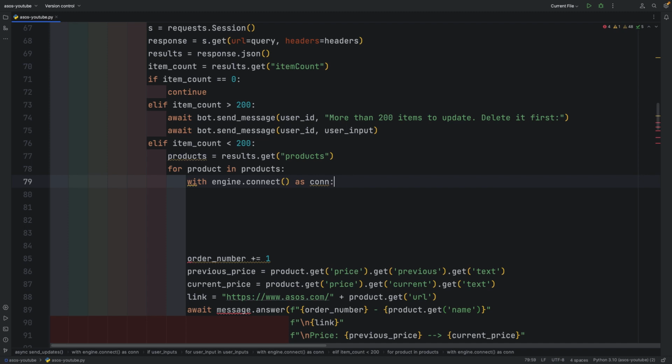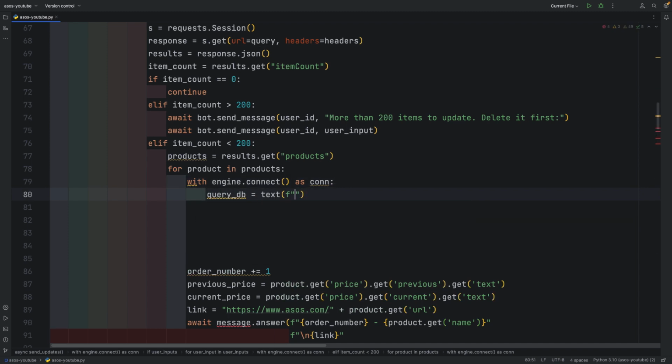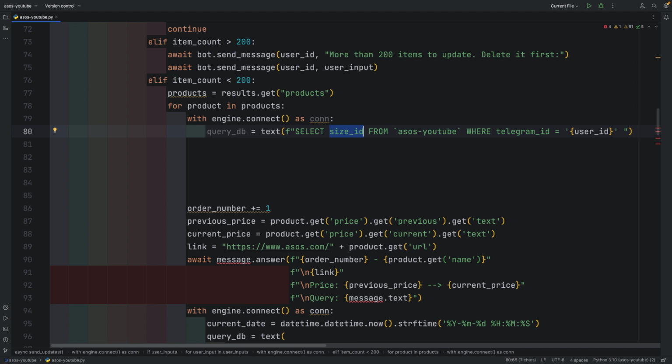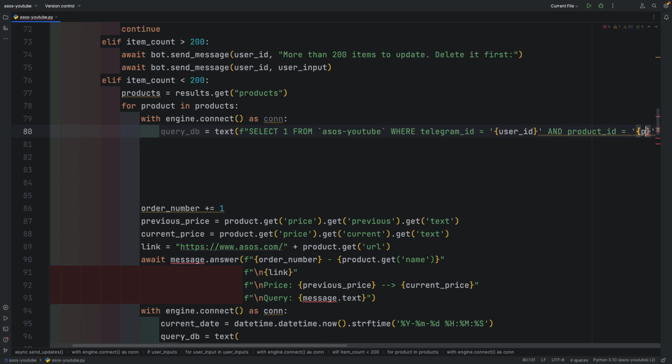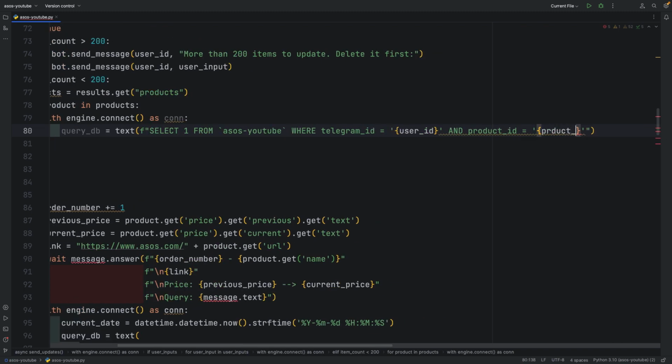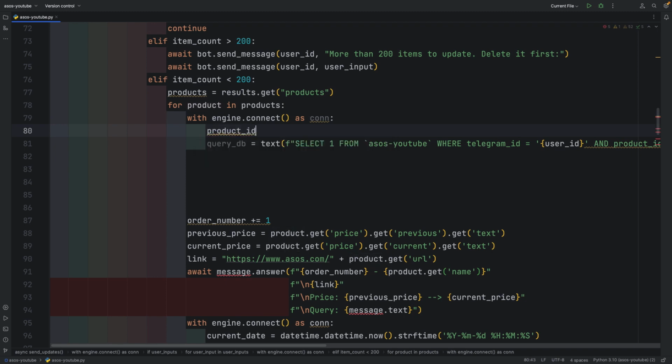So the query is gonna be select one from ASOS table where Telegram ID equals to user ID and product ID is equal to product.getID. Meanwhile, variable product ID is gonna be equal to product.getID.